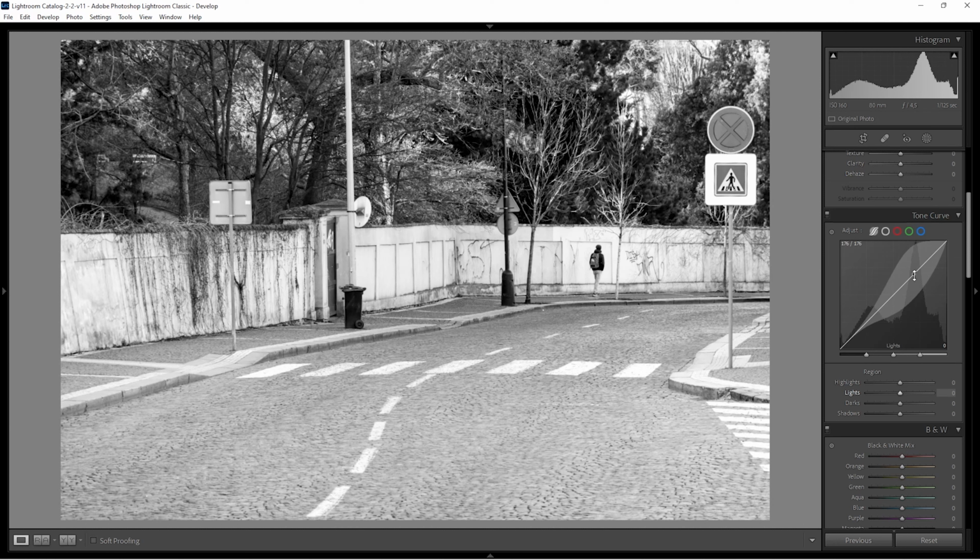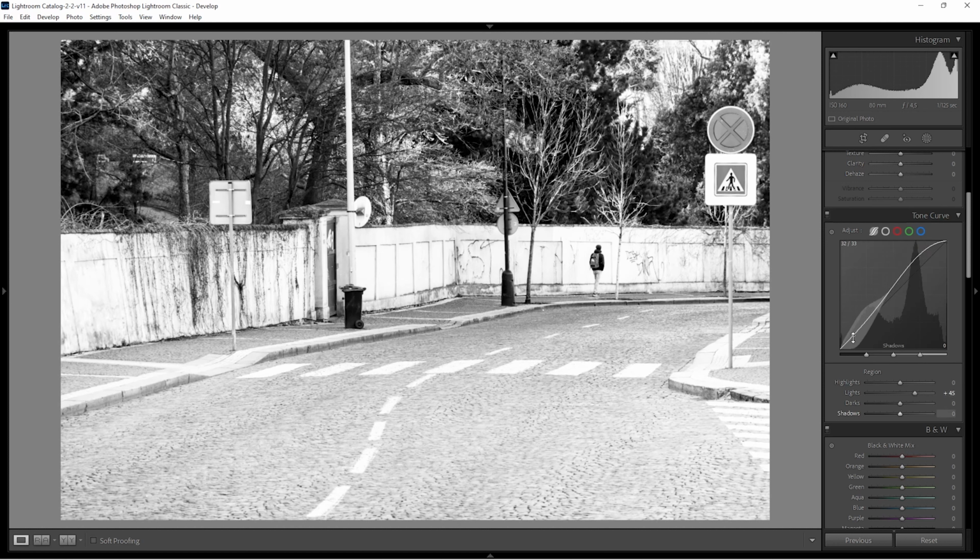I probably just want to lighten my highlights a bit and lower the dark areas. Lower the dark areas a bit here. Let's try it out. See what is suitable here. Somewhere around here, I think. Let's lower the shadows a bit, somewhere around here. I think maybe brighten the darks a bit too. Yeah, I think